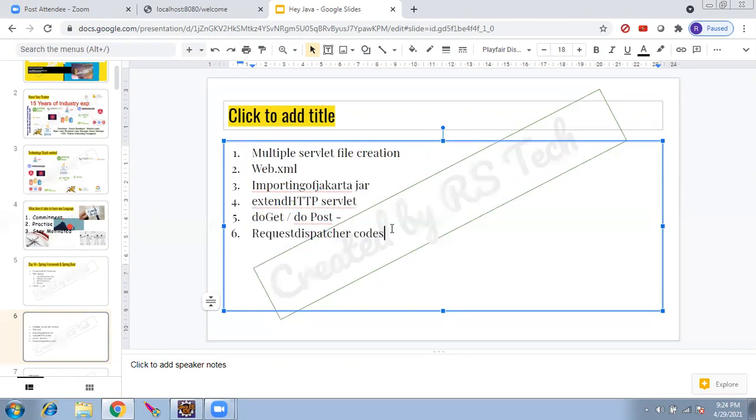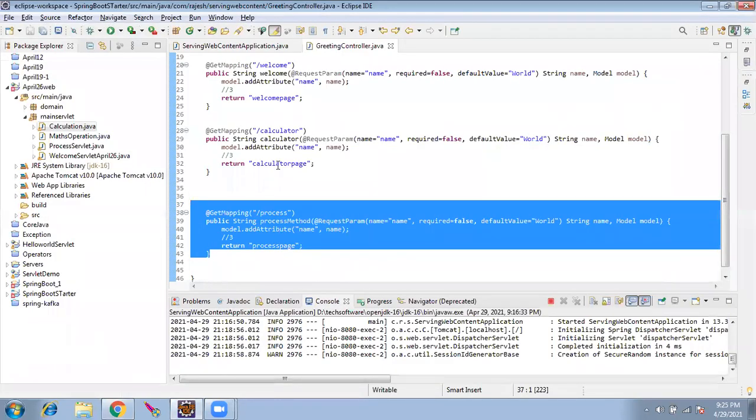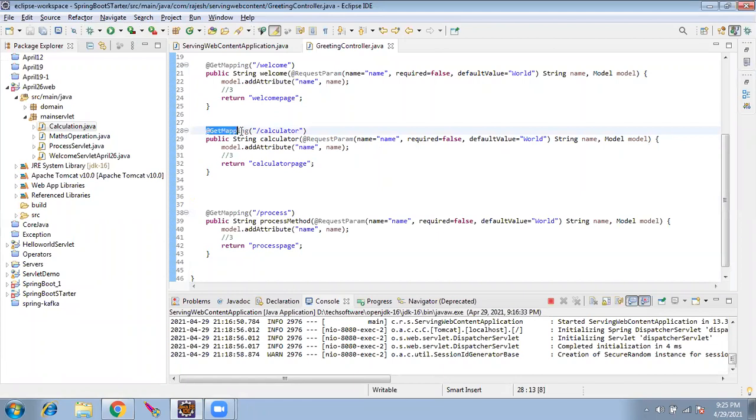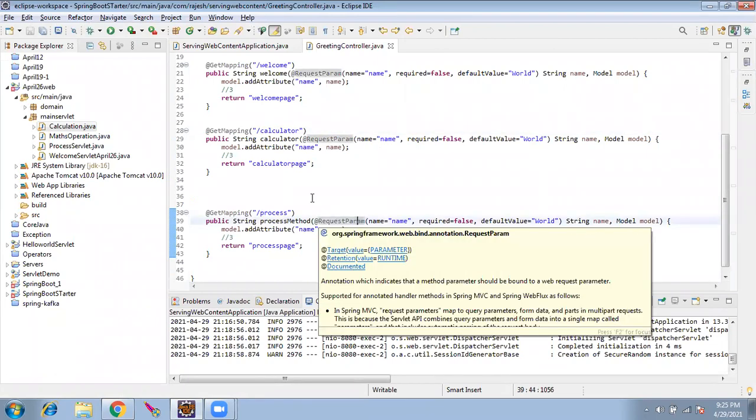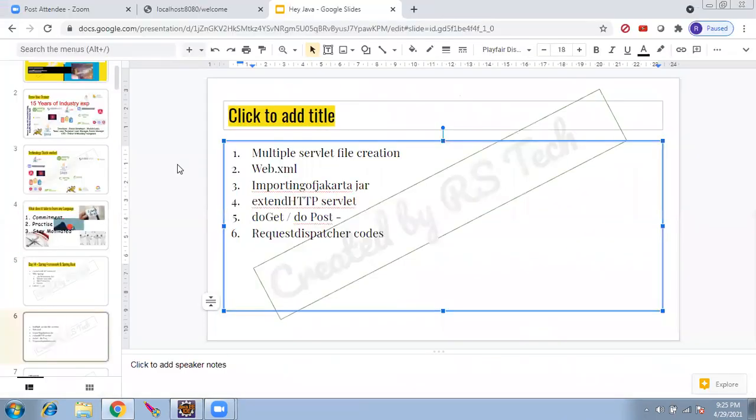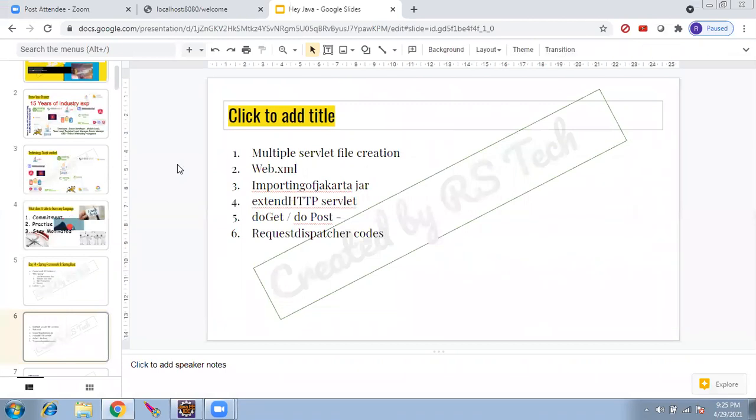What it can do more is remove the logger, and it can remove the try catch. If you have some try catch in the servlet, Spring will take care of it automatically. We just have one word for that. Any questions? As of now, I'm good.